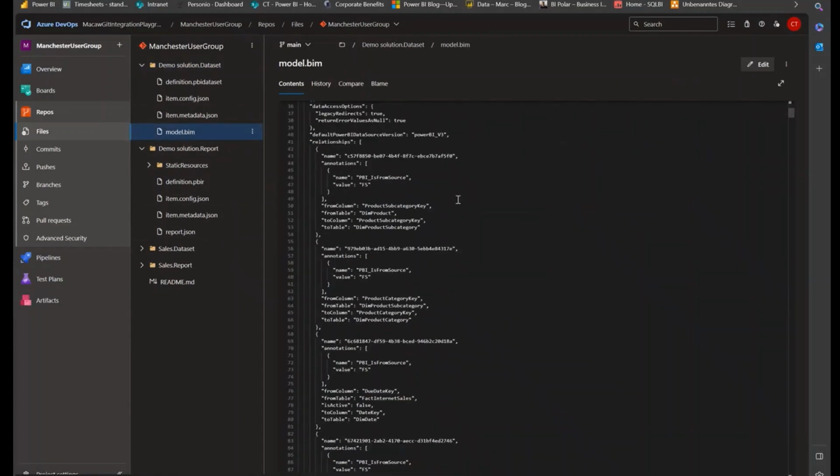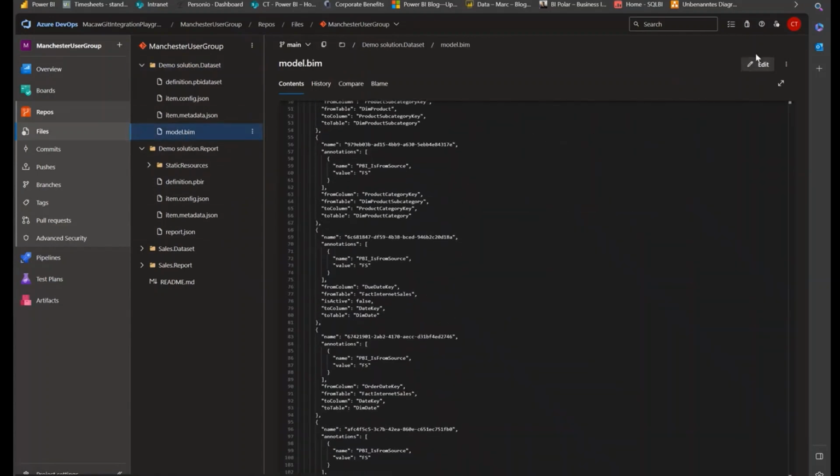Can have a look at it. I can even edit it here. So if I now would edit the model.bim in here and for example bring in a new measure, that would then also be synced again with the workspace. So everything that I do here now will also happen in the workspace. What we want to do first though